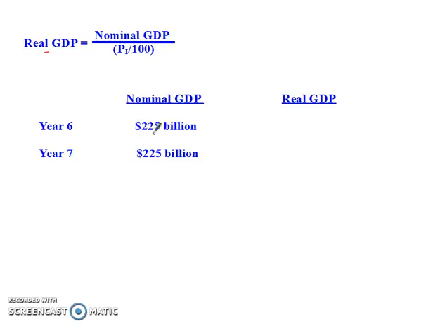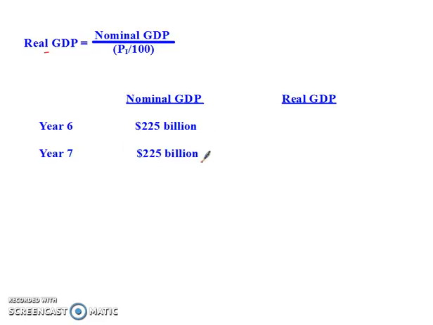But we want to know what was the real gross domestic product, because in year 7, we collected the data, and we also found that we produced $225 billion of final goods and services inside the country. So I want to know which year did we do better? And if you just look at the nominal GDP, it looks like we produced the same amount of stuff. We produced $225 billion worth of goods and